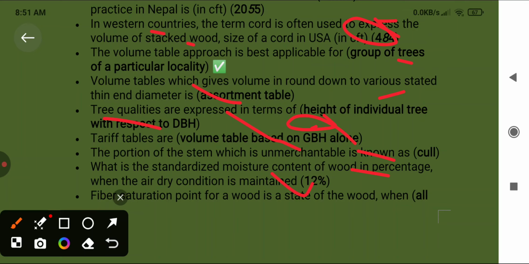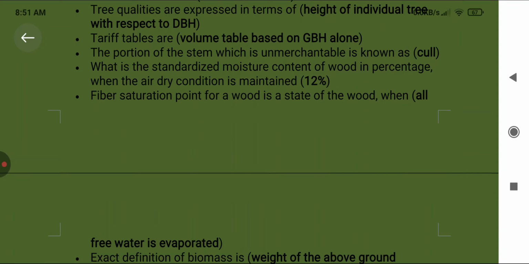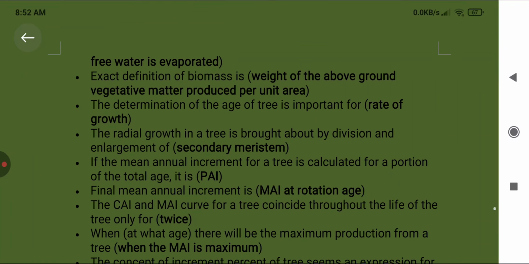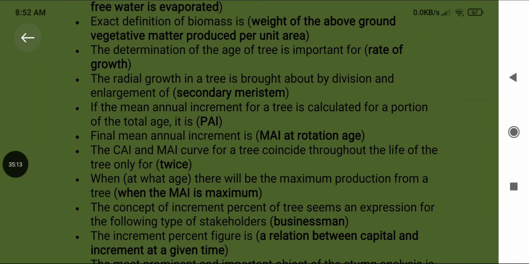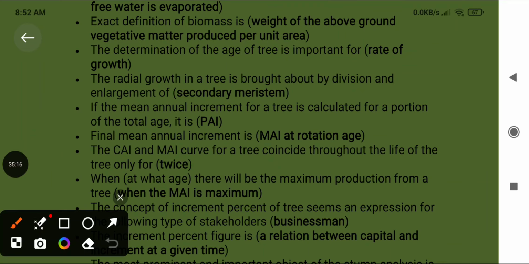Fiber saturation point for a wood is a state of the wood when all free water is evaporated. And you can see exact definition of biomass is weight of the above ground vegetative matter produced per unit area. The determination of the age of tree is important for rate of growth, and the radial growth in a tree is